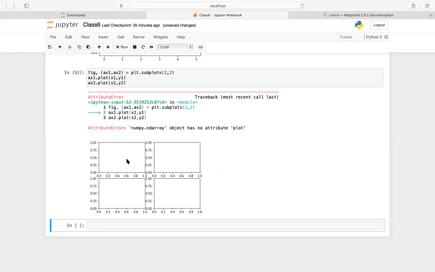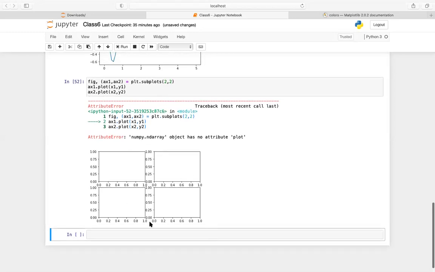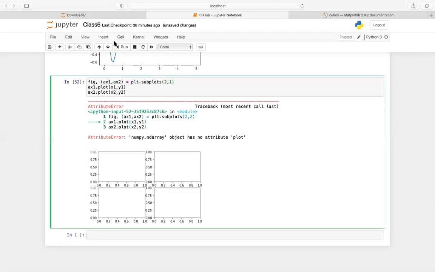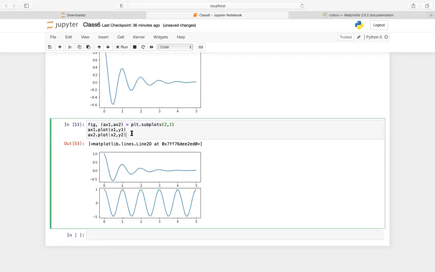This comes only when you have more than one plot. If you have one plot, then that is fine. If you have two plots and you want 2 comma 1, it will come this and this. If you want 1 comma 2, then this will come this and this. Now my question is, if you have three plots, how does it work? You try it out, that's another task for you. And if you have four plots, you just put 2 comma 2 and all the four plots will appear in this way. So let's do it 2 comma 1, right? You can see that both my plots are coming here.